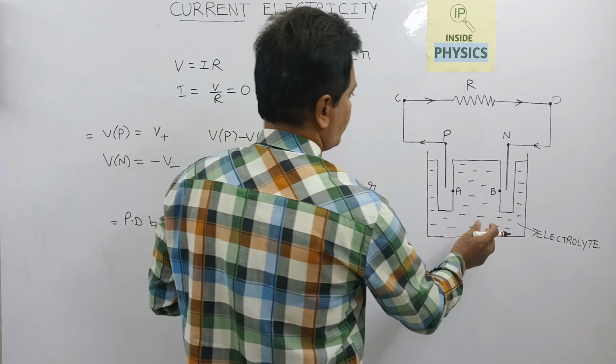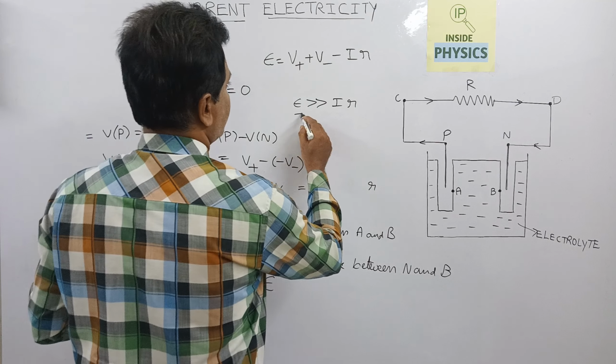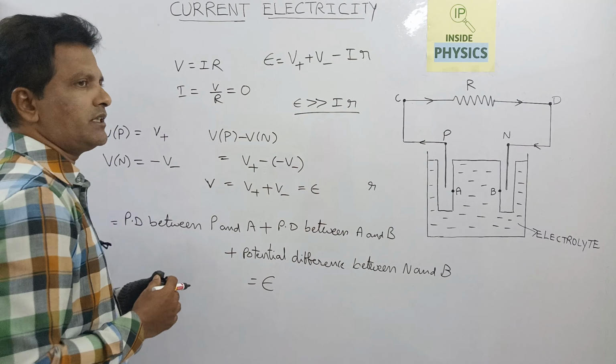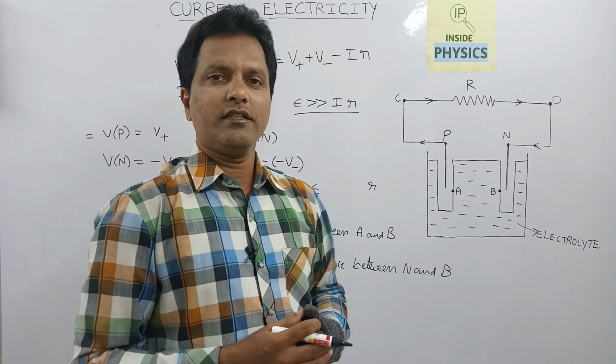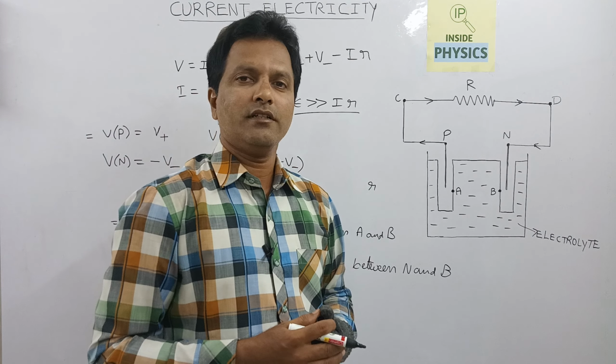So for this reason, in practical purposes we don't consider the internal resistance of the cell. In dry cells, generally the internal resistance is very high compared to the electrolytic cells generally used for common purposes. Okay,